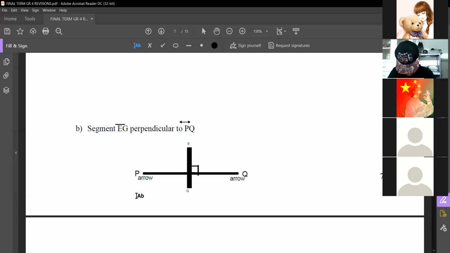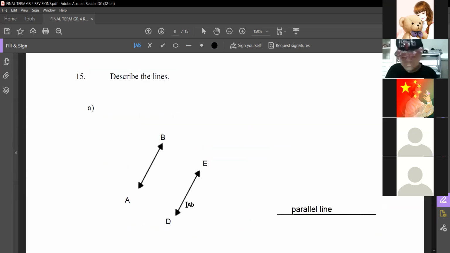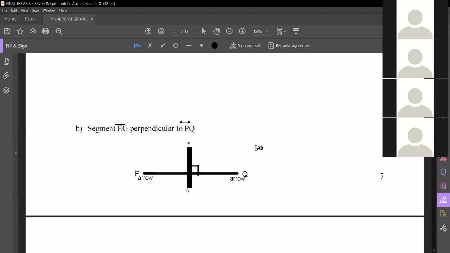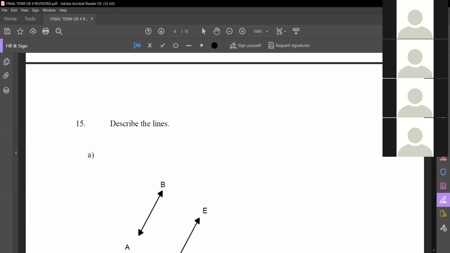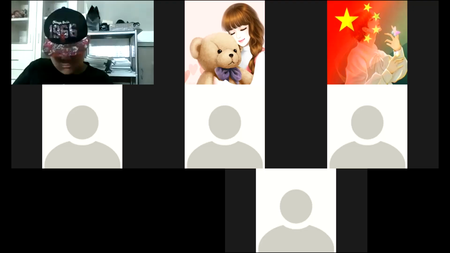Okay, so do you understand how to draw the lines in your exam? For example, if the teacher has already given A, B, and D, E, how to draw here. And segment EG is perpendicular to PQ. Understand? Don't put the arrow here. Now I cannot show the arrow, but you should know how to put the arrow right here. Correct? Can or not, class? Yes. Okay, so we have done all the discussions for our exam paper. So more or less, okay, wait, let's